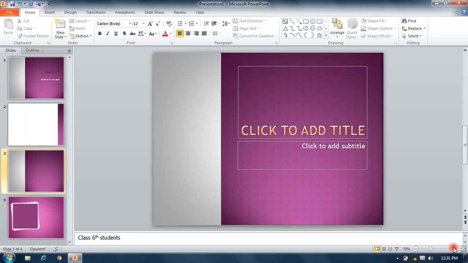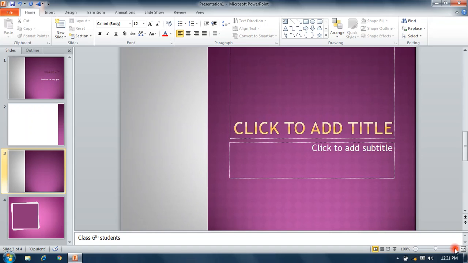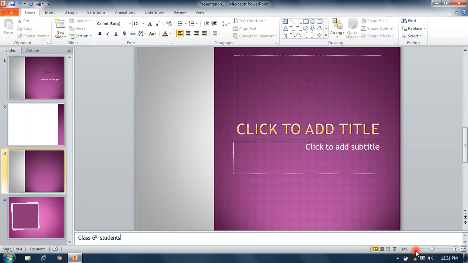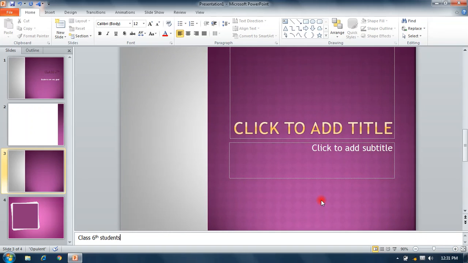This is the zoom area. We can zoom in and zoom out from here.